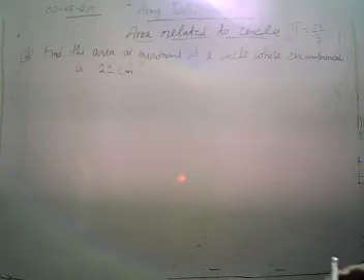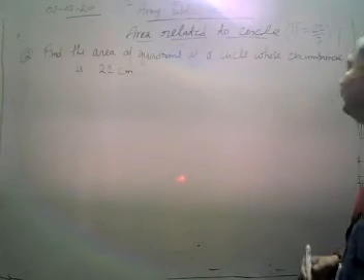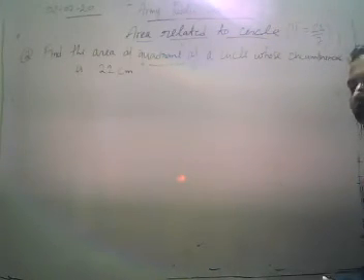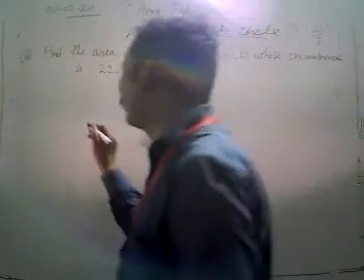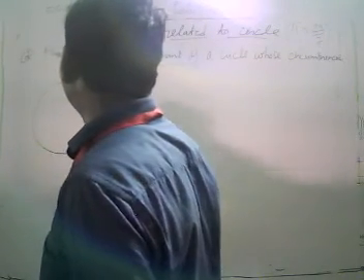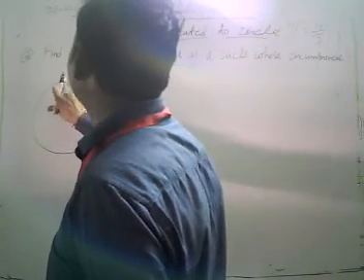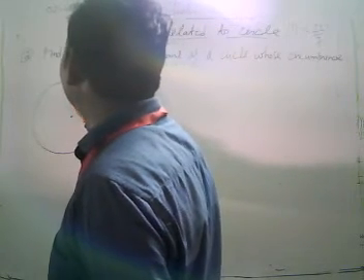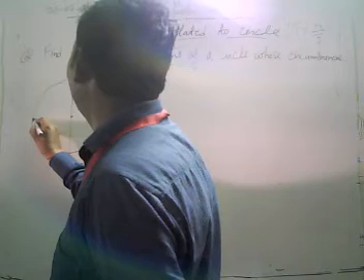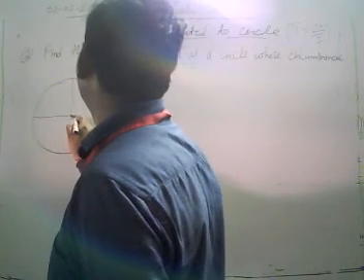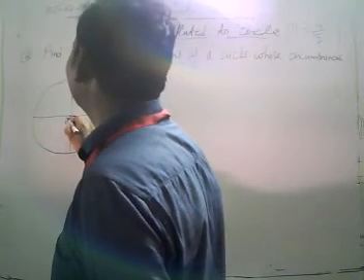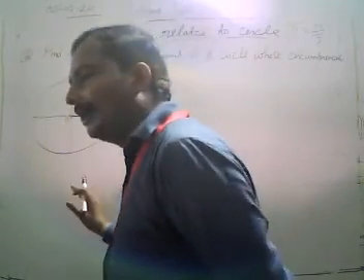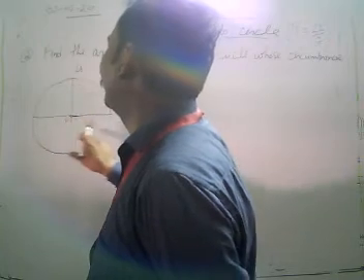Look, we have to find the area of quadrant of a circle whose circumference is given. Now it's a quadrant. Again, it's a part of our coordinate geometry. What is the meaning of quadrant? We have a circle, and suppose our center of circle is the intersection point of our x-axis and y-axis. This is our origin there. Now the whole circle is divided into 4 symmetrical parts there, and all these regions are known as quadrant.